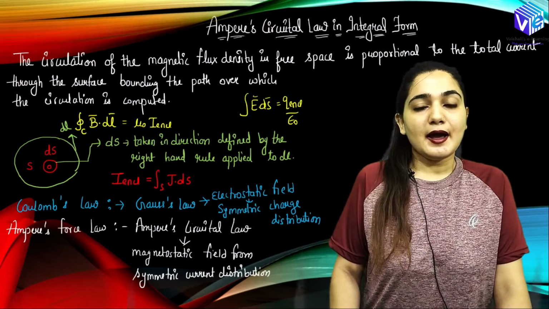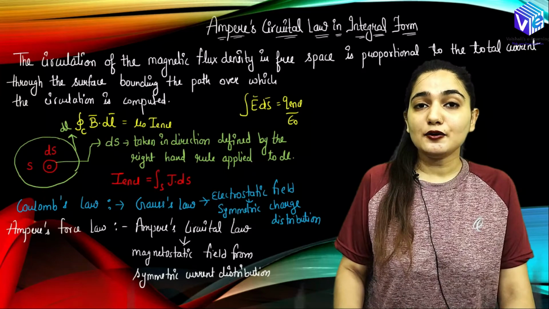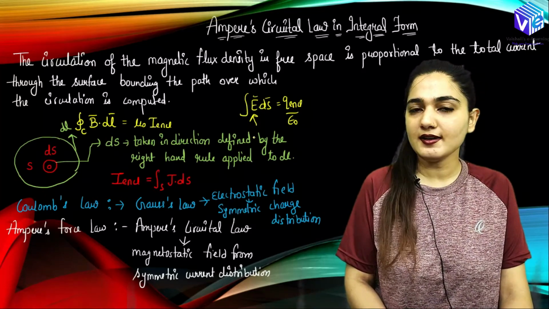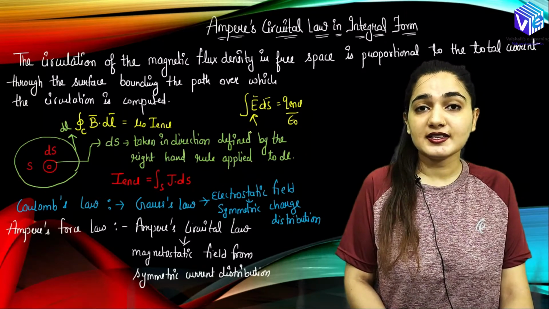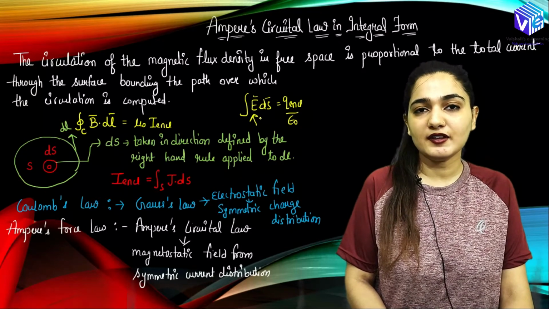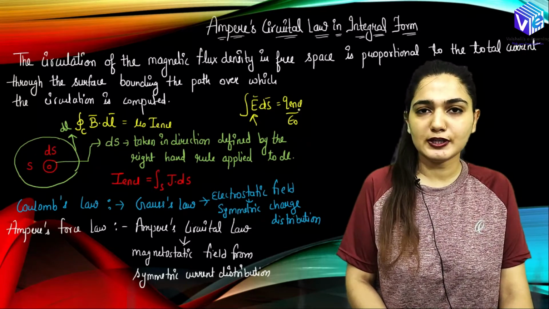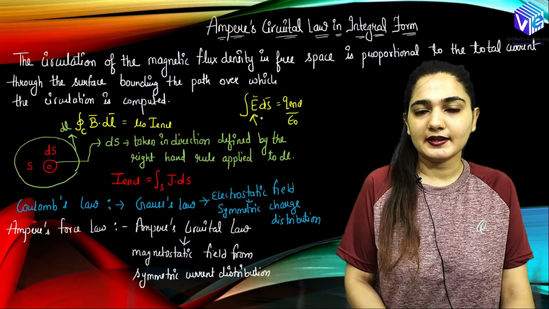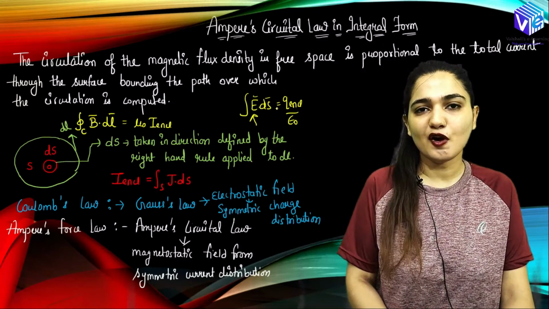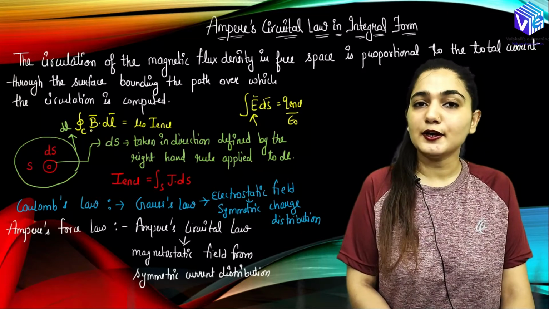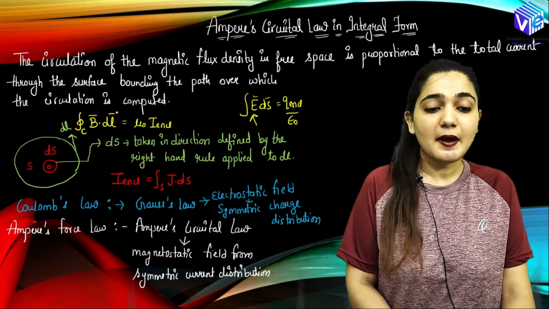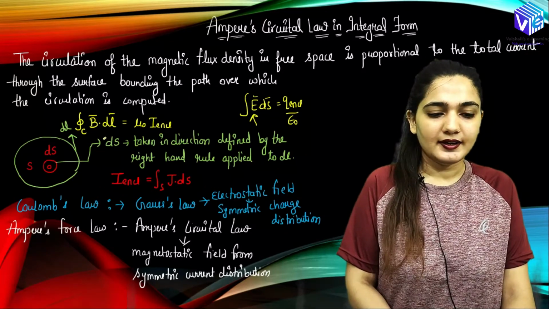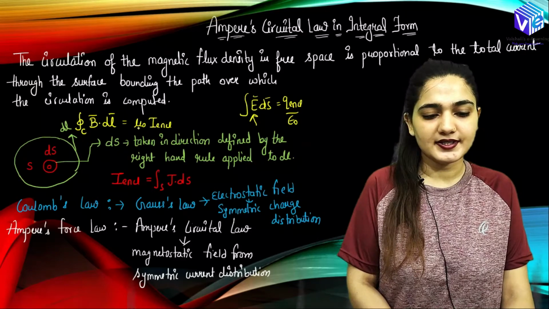Similarly, I was using Gauss's law to find out the electric field intensity. I was finding out E with the help of this formula. We took a lot of cases and found out E with the help of Gauss's law. Q enclosed we knew, and with the help of this formula we found out E in a very simple manner. Otherwise we had the bulky formula for E. Similarly here we can find out B from Biot-Savart's law as well, but to make the calculation simpler we will be using Ampere's circuital law. So this is the significance of Ampere's circuital law.